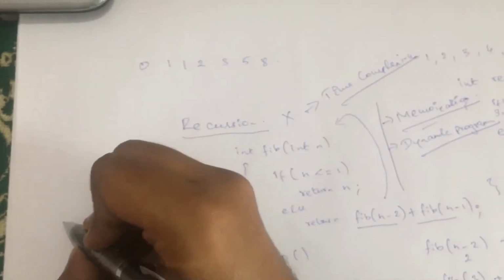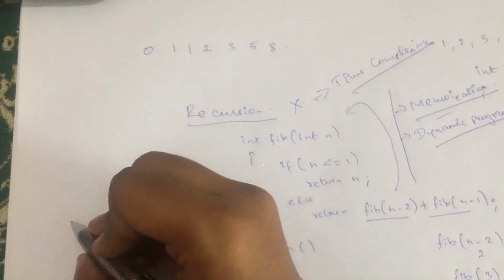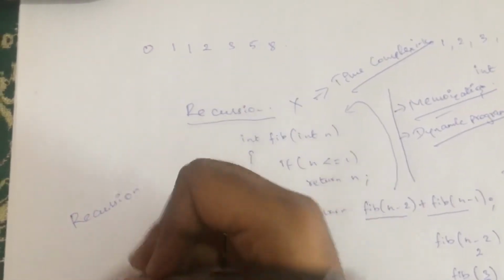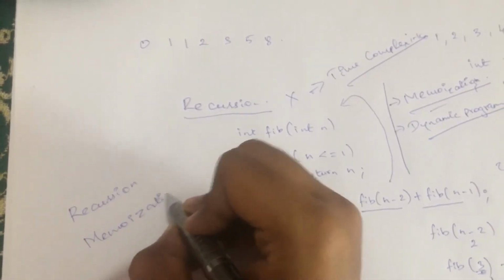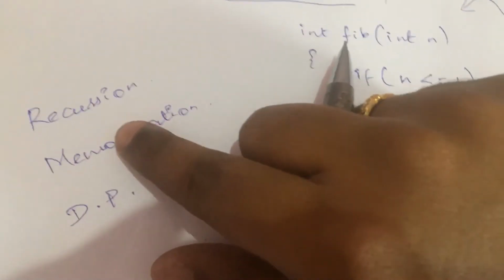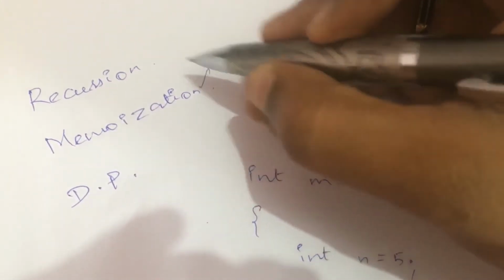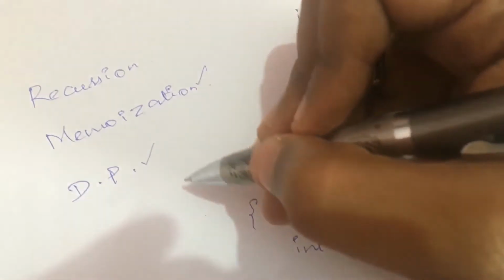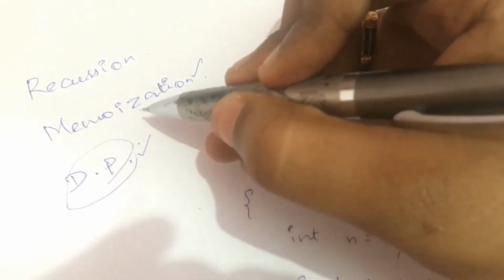So when it comes to recursion, I'll arrange recursion, memoization and dynamic programming along with their speed. For example, first you will be having recursion, which is the slowest process, and then I'll be having memoization, and at last you will have dynamic programming, right? So recursion is the slowest process, memoization is faster than recursion, and dynamic programming is faster than all the two, right? So this is why we give much preference to dynamic programming compared with recursion and memoization.